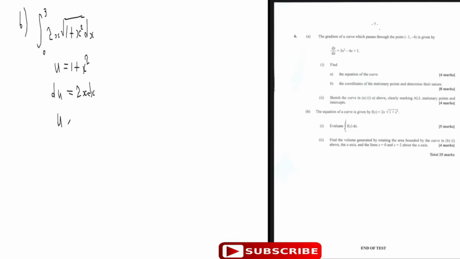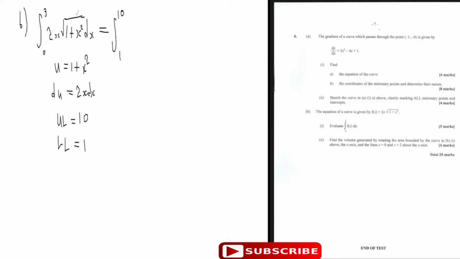The upper limit: when x is 3, 3 squared is 9, plus 1 is 10, so the upper limit becomes 10. And the lower limit: put in x as 0, and 0 plus 1 is 1. And so now we can rewrite this as the integral from a new lower limit of 1 to an upper limit of 10 of